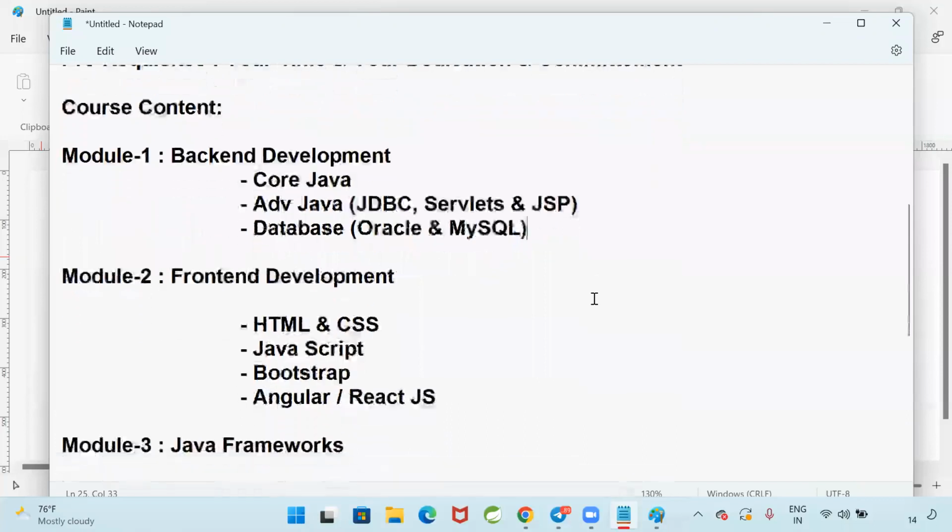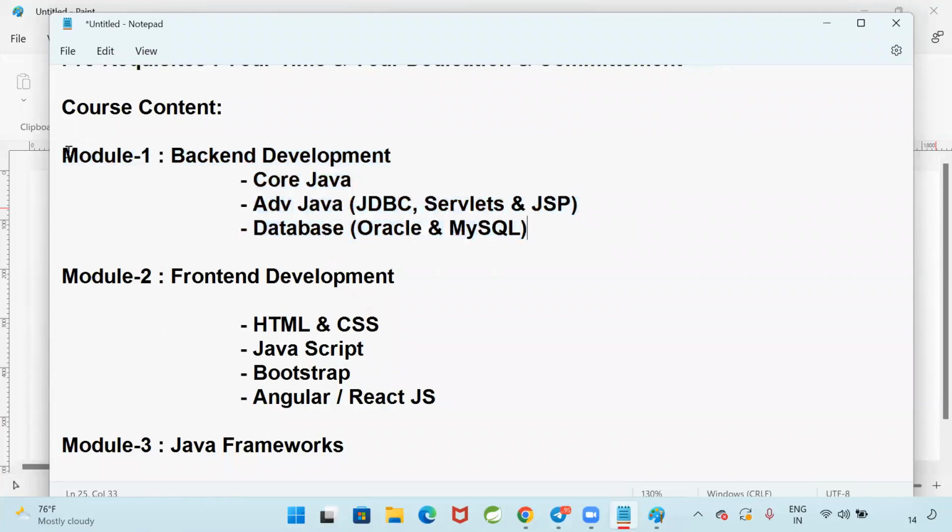But currently that much is not required, because module 1 and module 2, you can learn parallelly. So this backend development, I'm going to take in the evening every day. Timings are the same, 6 to 7:30. Class will be available every day. Now, this module 1 is going to take 3 months of time. Are you guys getting my point?